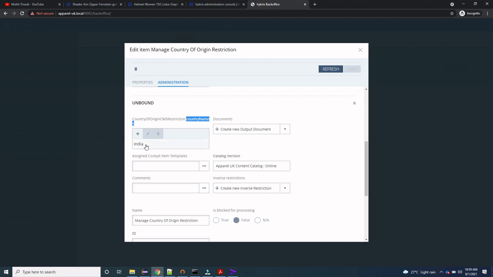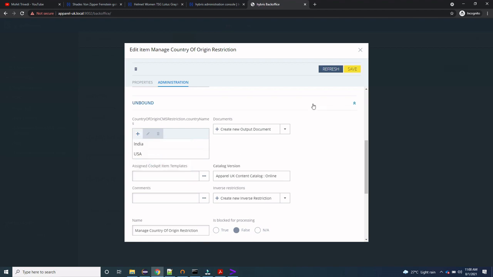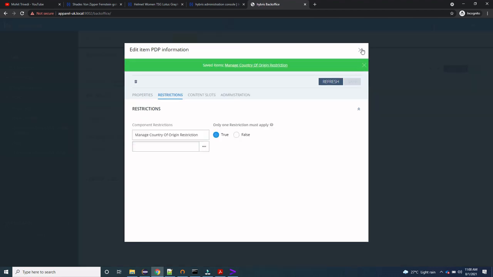Here we have currently defined the country as India. If you want to define any other country, say USA, then we can add it like this and save it.